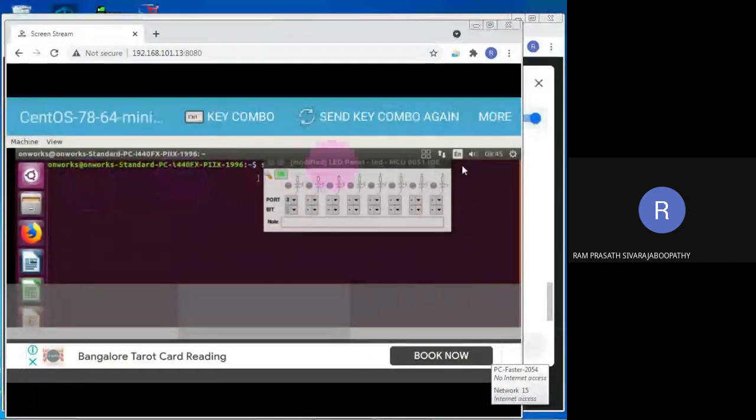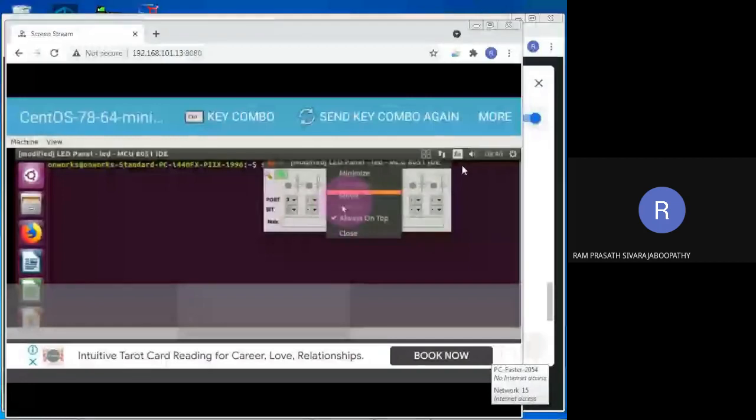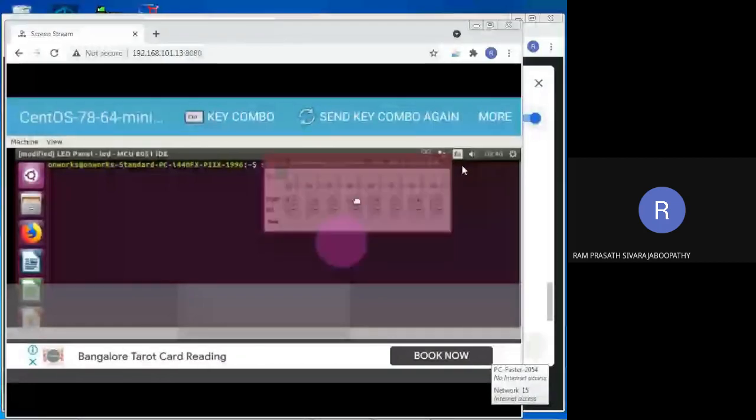This one is hiding the previous one. Wait a moment. See these commands and all, I will tell you what things we have typed. Yes, I think this is the previous window.